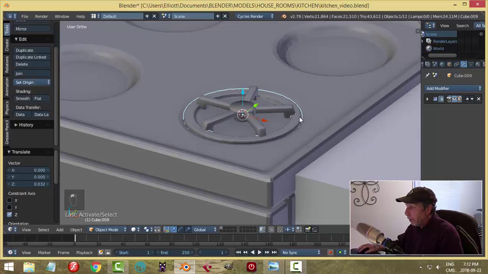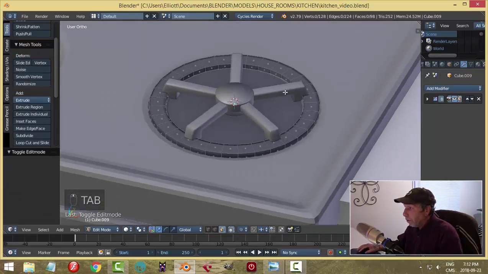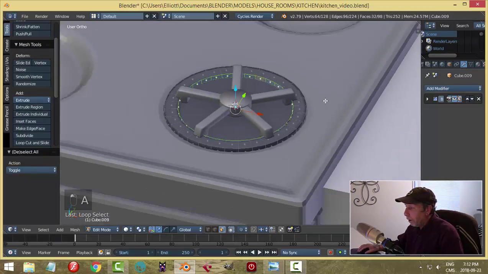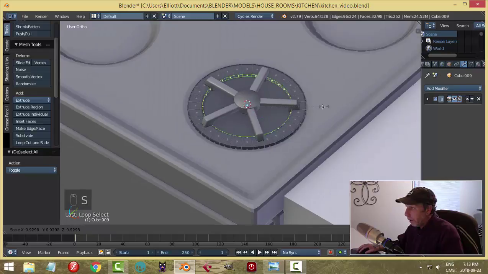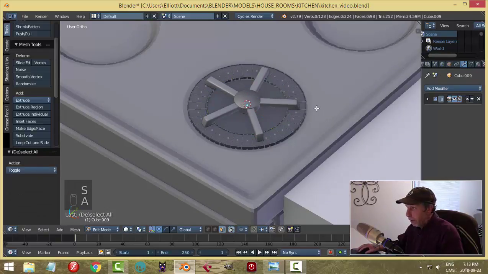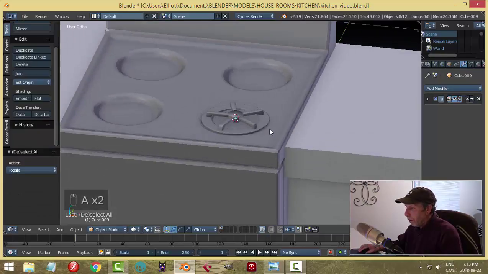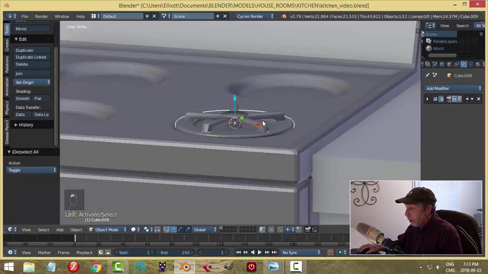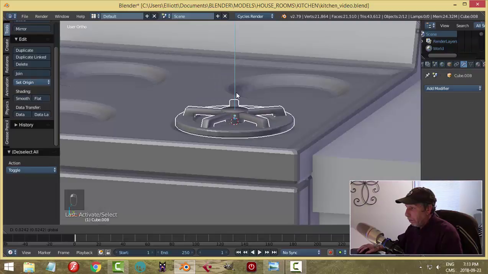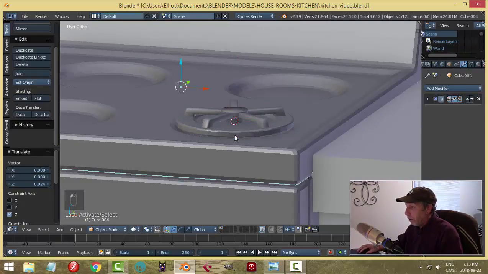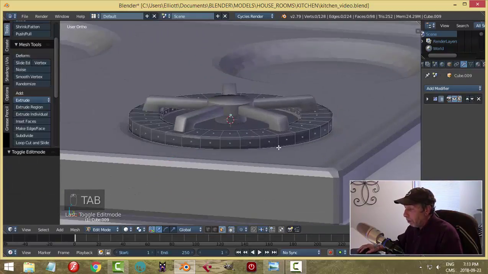What I'm going to do is take this inner edge right here. Shift Alt and click that line there, and I'm going to scale that in just till those things are there, and you get that effect, and that's basically what I wanted. Let's bring this whole thing up, and I'll make this a little bit longer so this piece is a bit more visible, and then we'll